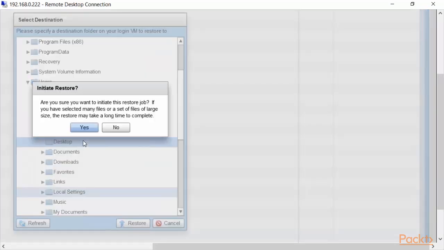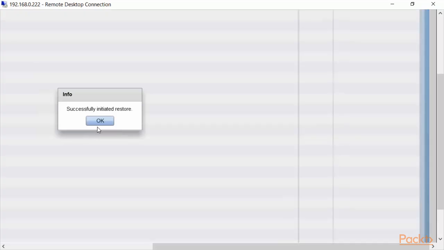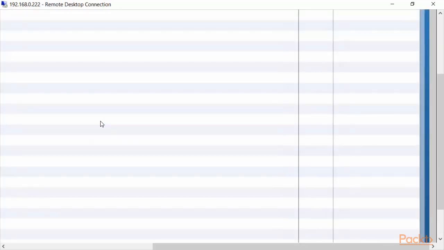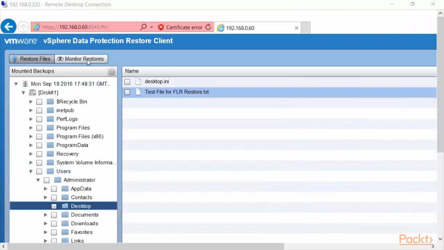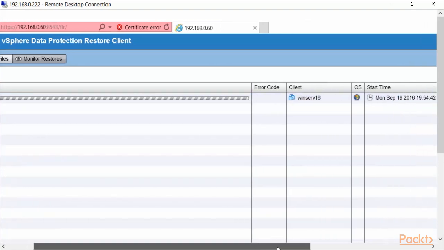Are you sure you want to initiate this restore job? If you selected many files or a set of files of large size, it may take a long time to complete. The idea is to illustrate this. So the restore has been initiated. There's a button here, monitor restores. We click on that, and as you can see, there is a restore in progress